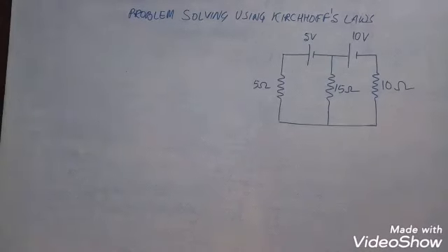Hello students, we are again proceeding with the problem solving using Kirchhoff's laws. So you can see in the figure there is a circuit consisting of two batteries having EMFs 10 volt and 5 volt. Internal resistance of the batteries is negligible and three resistances are given having resistance values 5 ohm, 15 ohm and 10 ohm. And the problem is that we have to find out current flowing in different branches of